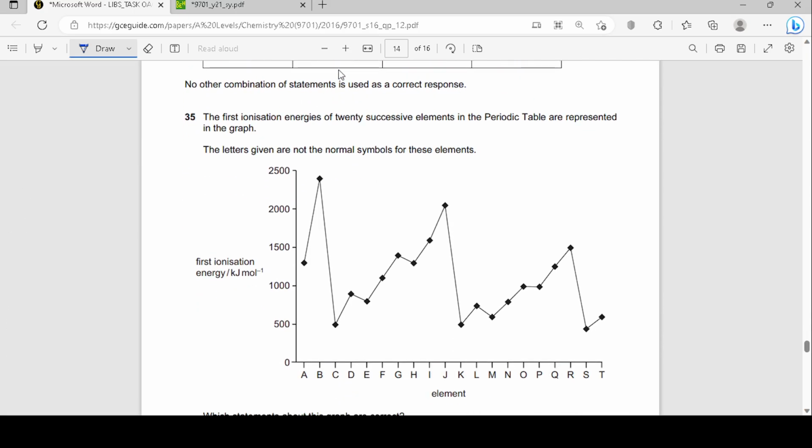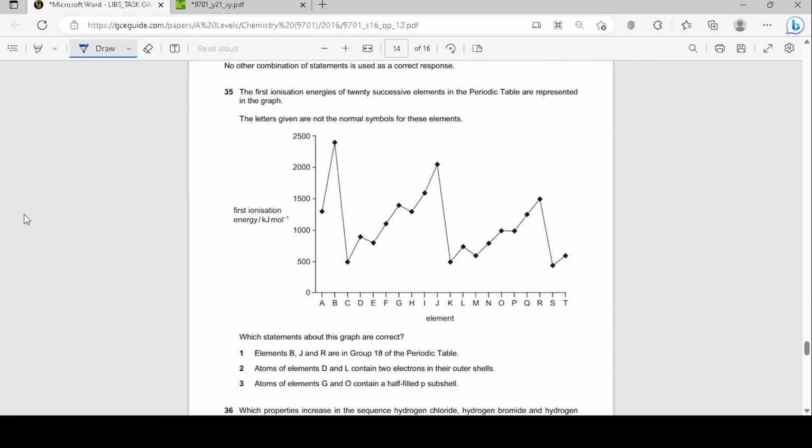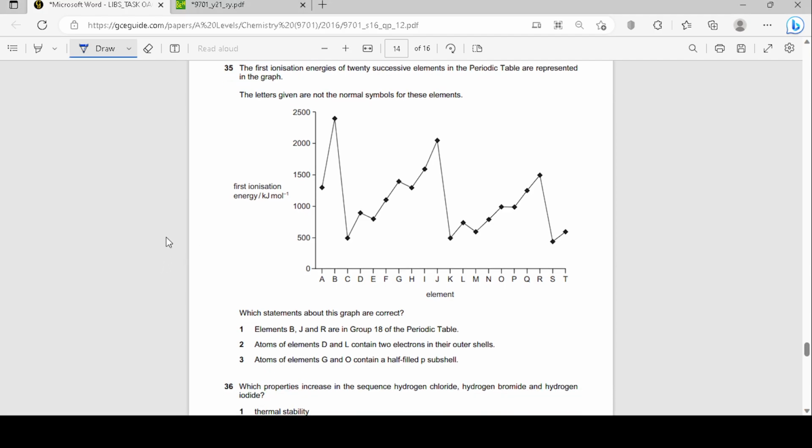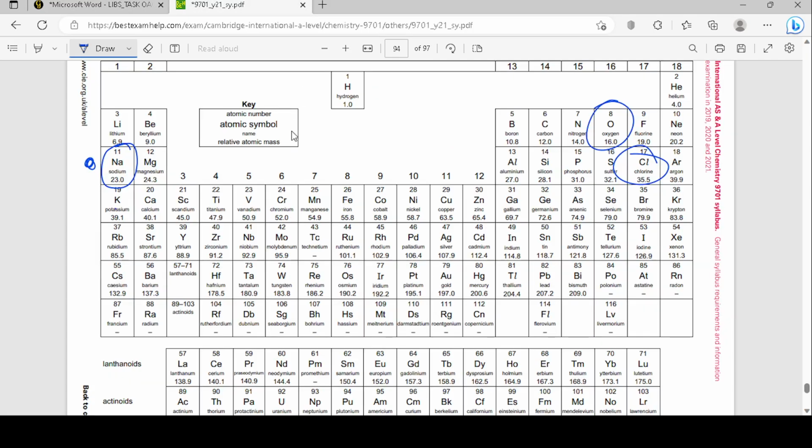Question 35. The first ionization energies of 20 successive elements in the periodic table are represented in a graph. The letters given are not the normal symbols for these elements. Which statements about this graph are correct? Elements B, J, and R are in group 18 of the periodic table. Well, let me see, this is B, this is J. This seems to be true because they have the highest ionization energy and across a period,